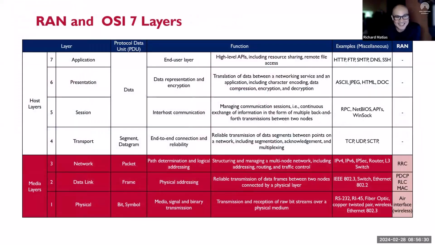So this is the mapping of those layers compared to the OSI layer. So these are the different layers from layer 1 to 3. And then if you will see, the radio access network has different protocols as well. So different components have different protocols. So in telecommunication, you can usually see the RRC, the Radio Resource